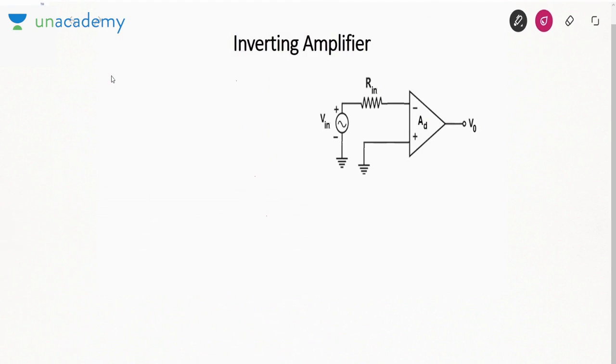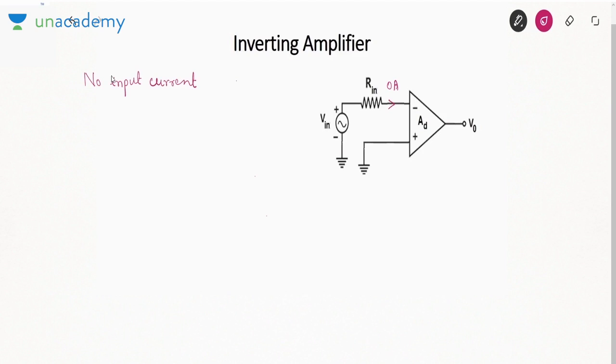The next configuration is called the inverting amplifier. Now, why is it called inverting? That I'll tell you shortly. First assumption, no current enters the input. If no current or no input current is flowing in an op-amp,